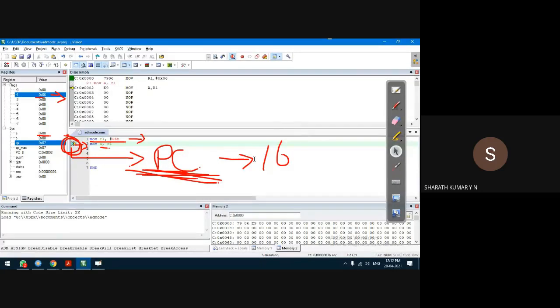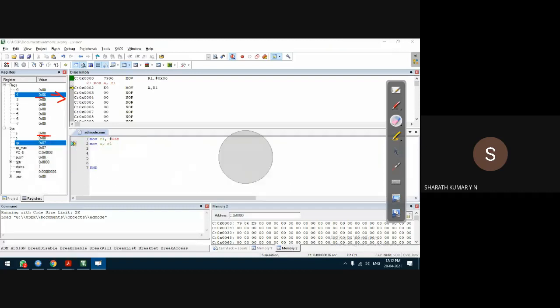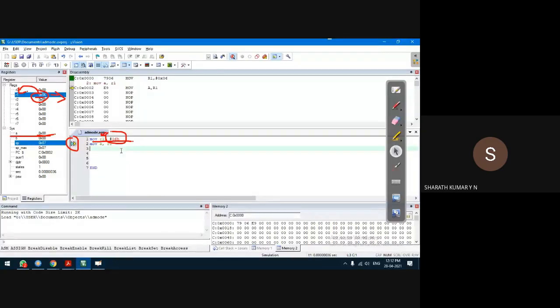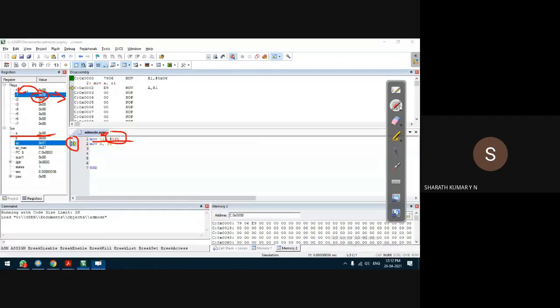Did you observe now? First of all, the single blue arrow is now converted into a double blue arrow. It is converted because the first instruction is already executed. When the first instruction is executed, immediate data 06 is transferred into register R1. But the second instruction is yet to be executed. So select this window again and press F11. Whatever instruction is pointed to by the double arrow, one blue and the other yellow, will be executed.